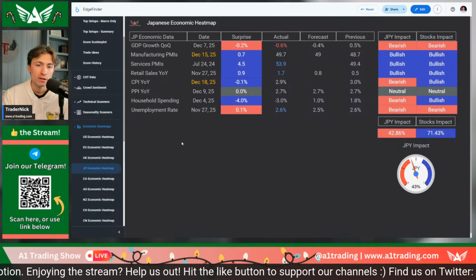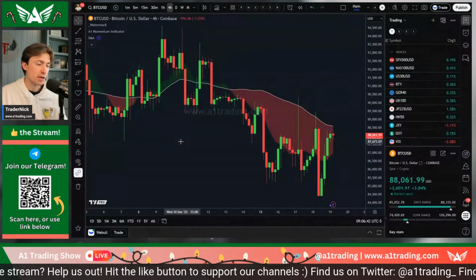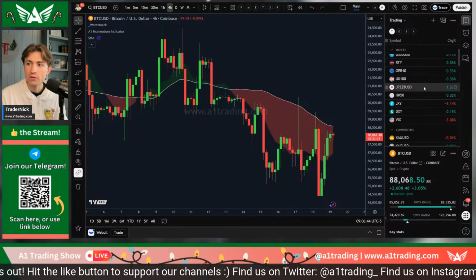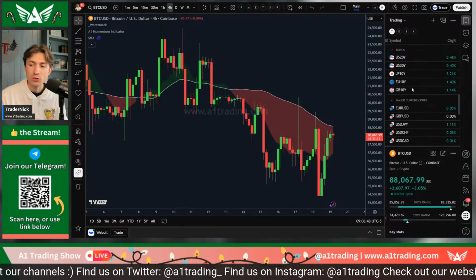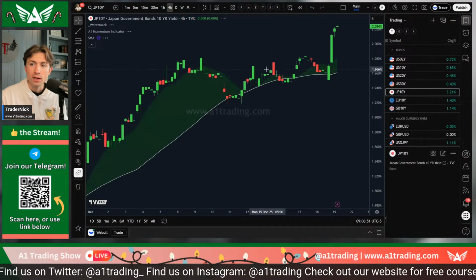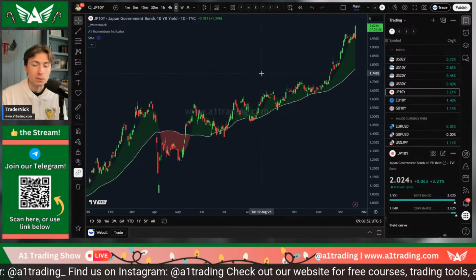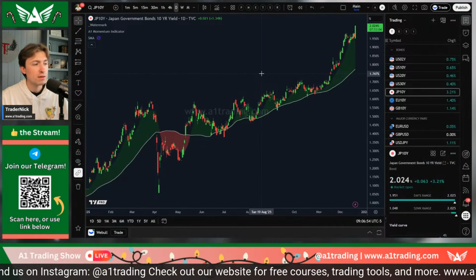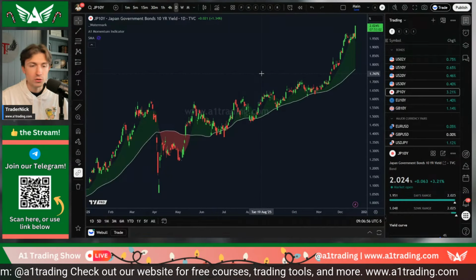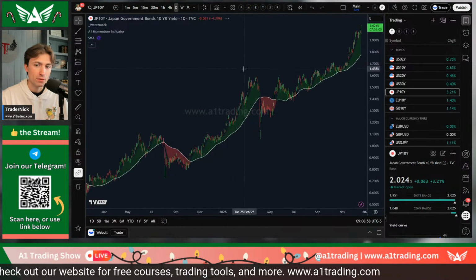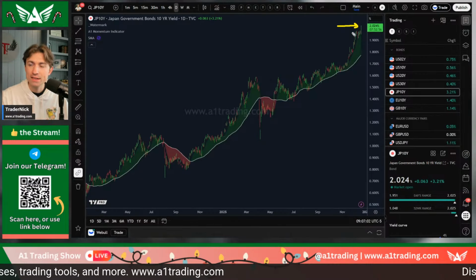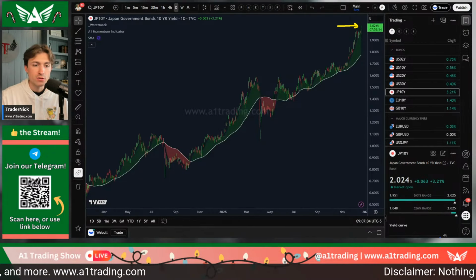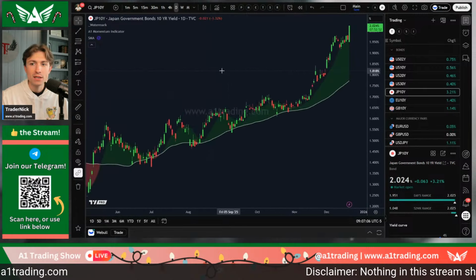What people were worried about in terms of the Bank of Japan yesterday is whether the Bank of Japan is going to signal a more urgent need to hike interest rates quickly. And you can see people still expect them to be hiking interest rates. What you can see here is the Bank of Japan's 10-year government bond yield spiking to its highest level in many years. There is a real risk here to the Bank of Japan hiking interest rates, because